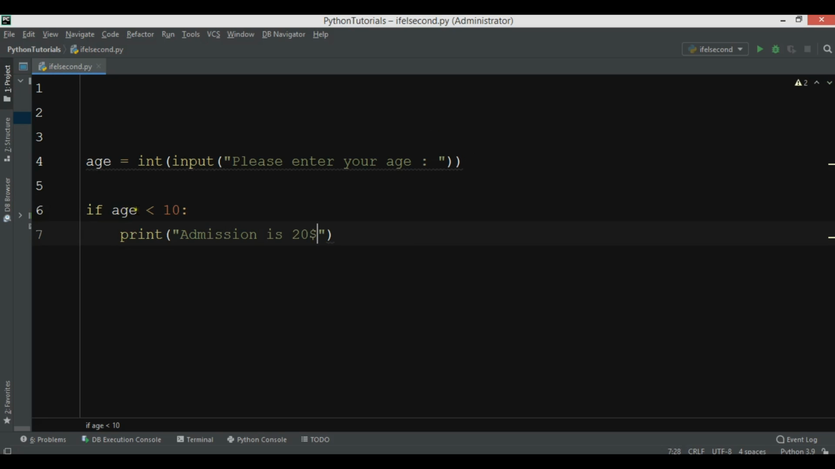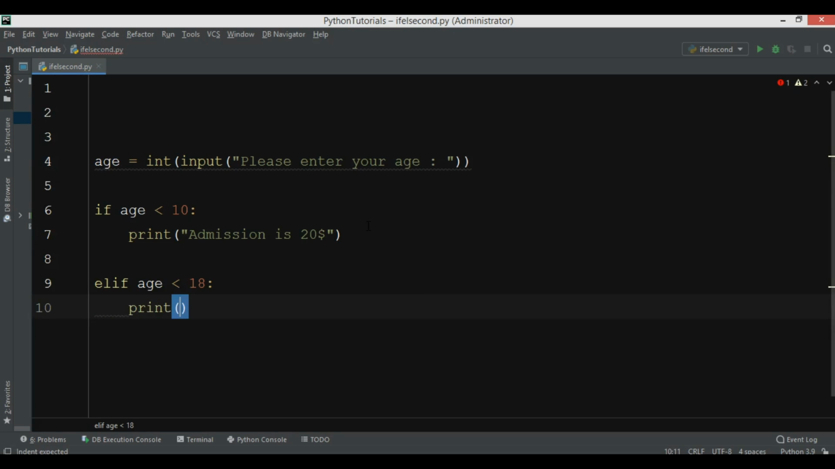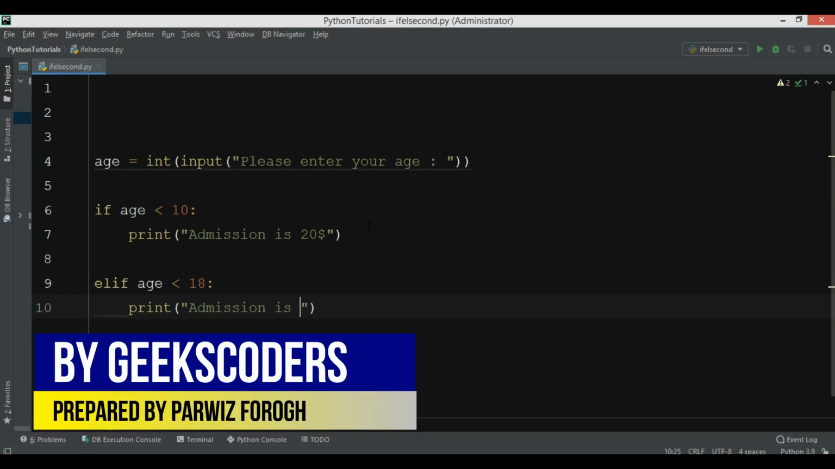So if the age is less than 10, it means that the age is between 1 and 9. For that, we are going to just say admission is $20. Now we want to check another condition, so we are going to use ELIF. So if the age is less than 18, we want to just print that admission, so admission is for example